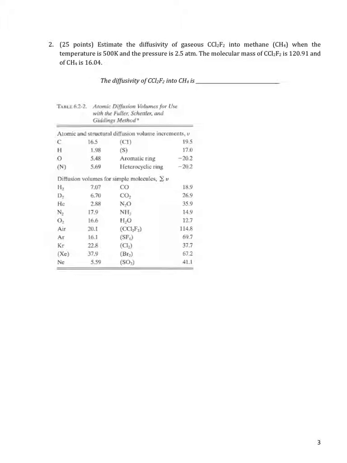Okay, in this problem we're asked to find the diffusivity of two gases that are mixing, and we have CCl2F2, which is a molecule that is listed in our table, and we have methane, which is not listed. And so we come up to the atomic list, and it's CH4. So I'm going to take this plus 4 of these H atoms. And so the volume for my CH4 is going to be 16.5 plus 4 times 1.98,